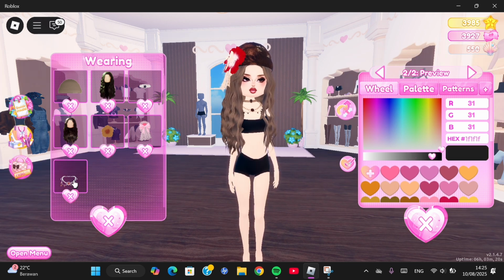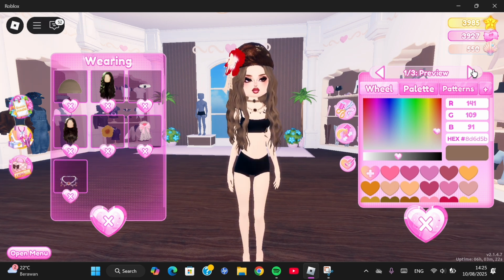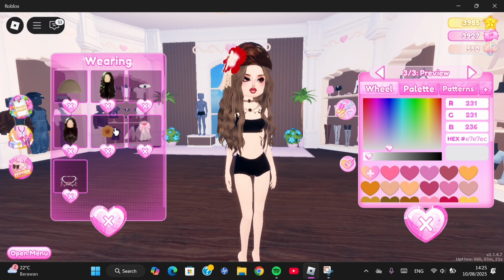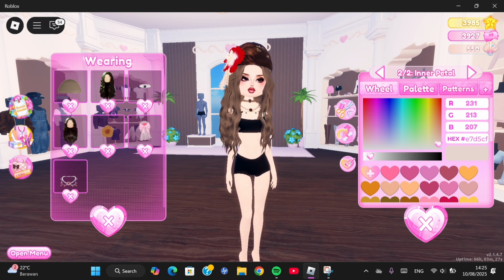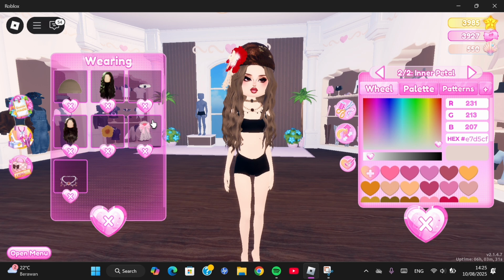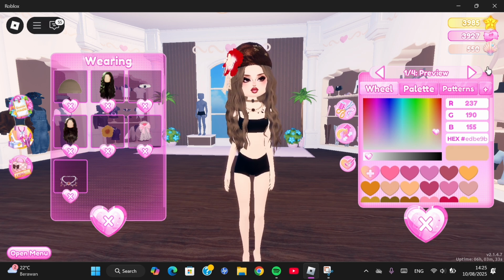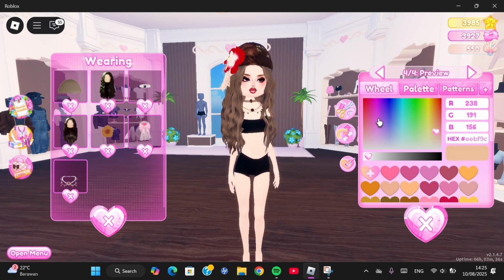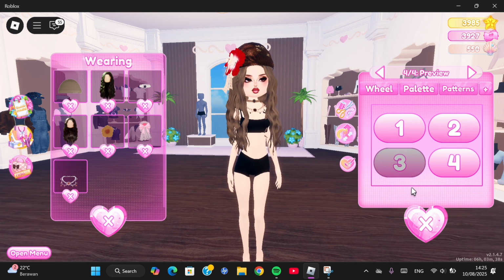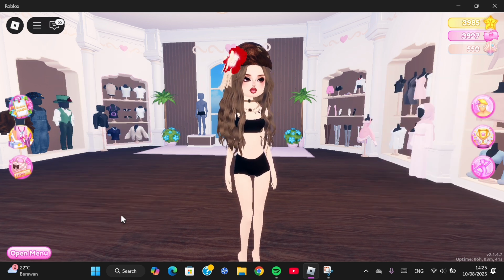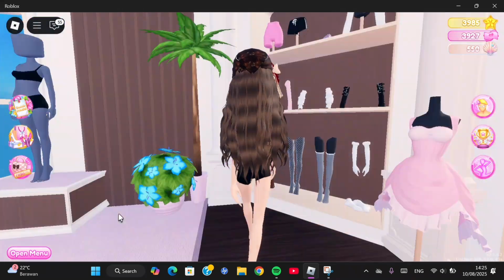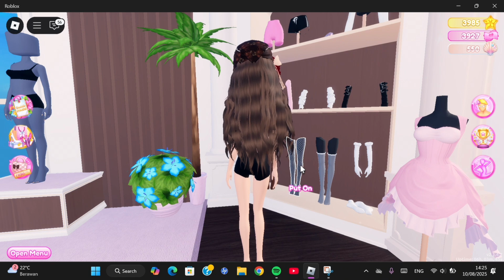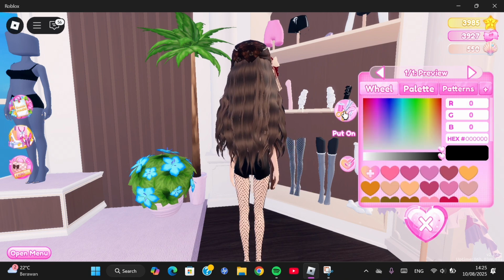and then you're going to put on this necklace and apply this color, and then put on this flower, make it red and white, and this item, this one, and you're going to color it like this, and then you're going to choose to go free. And then I'm going to go to this area and we're going to put on this item and